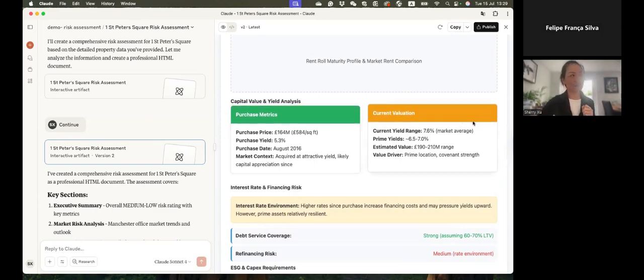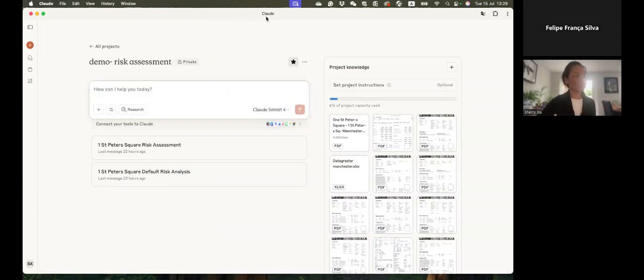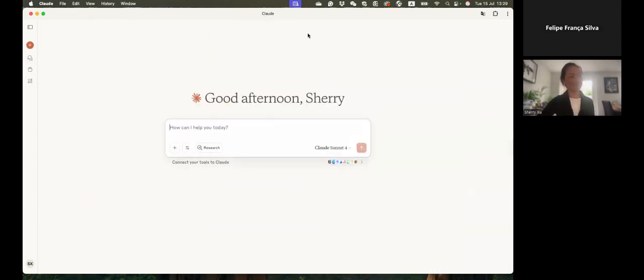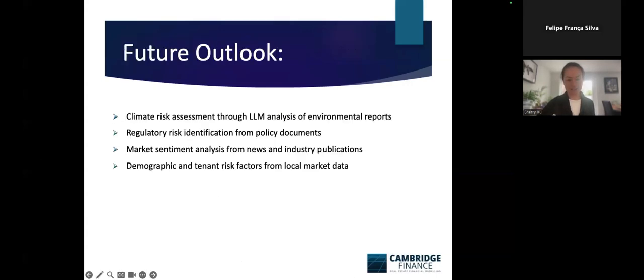Okay, so this is what I want to show in the demo. I understand it's really quick, but just try to remember this name, Claude. Let me go back to, yeah. So the interface is like this. Quite easy, quite simple, and there is more to that, of course, if you want to explore, and you can actually give it more functionality for your own use. Okay, so if we are back to what we are looking at,